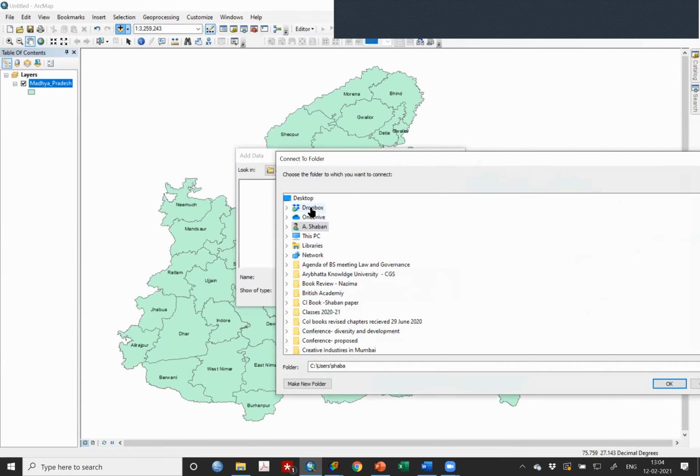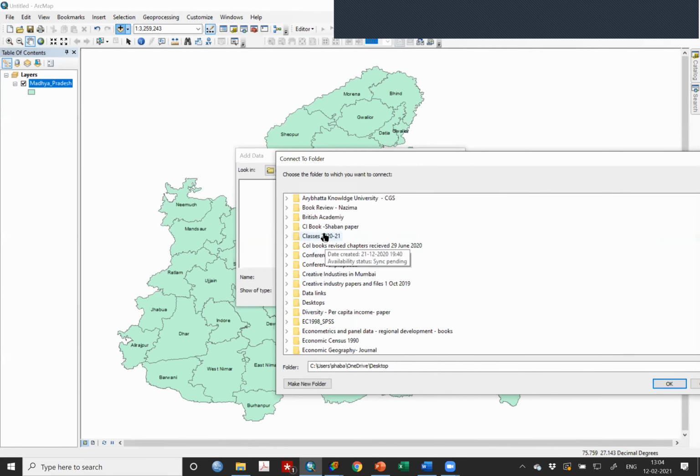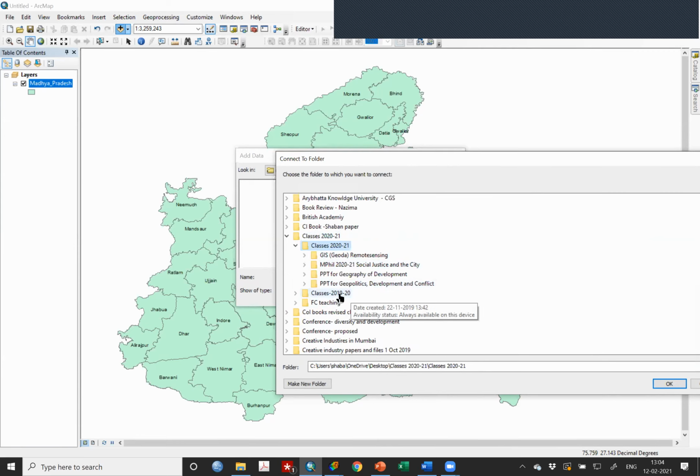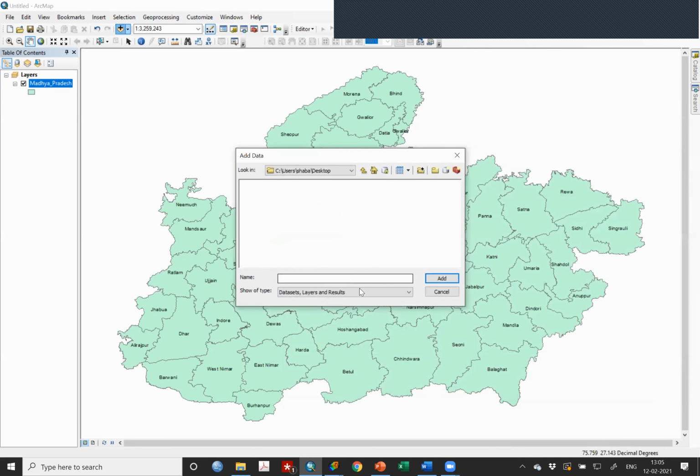I myself have placed them in such a complex structure, so many folders, that at the end of the day I forget where I have kept my files. India shape file. Okay. There's no layer here.